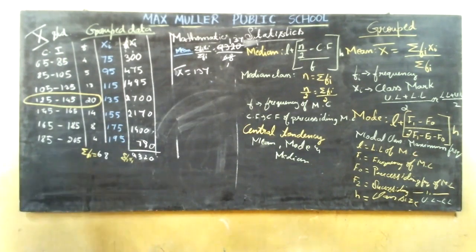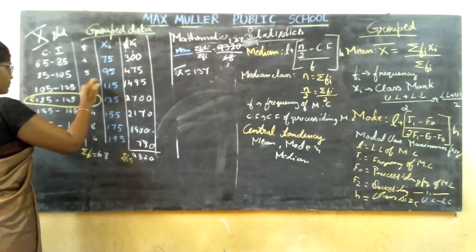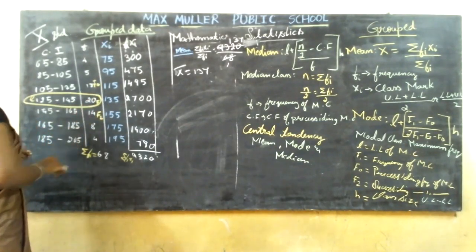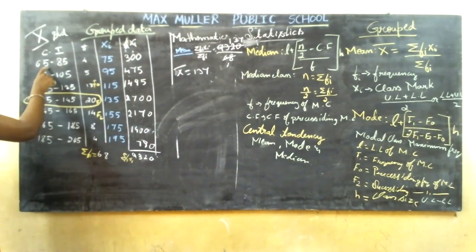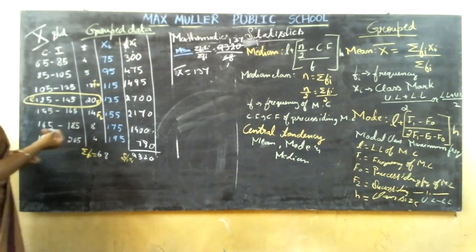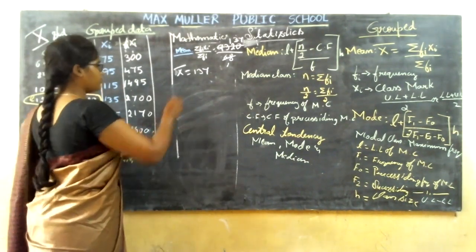After that, what are the things you are going to say? That is L, lower limit. Then what you want? That is F0, F1 and F2, correct? F0, F1 and F2 you require. Then what is it? Class size. Class size is 85 minus 65. What is the class size? 5 minus 5 is 0, 8 and 6 goes in 2. That is 20 is the class size. So let me do the problem.